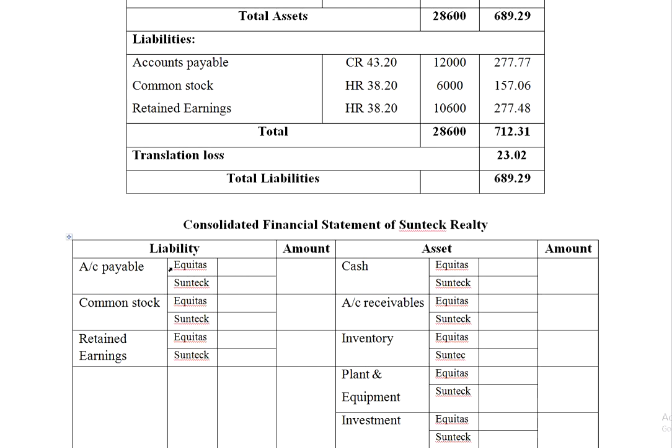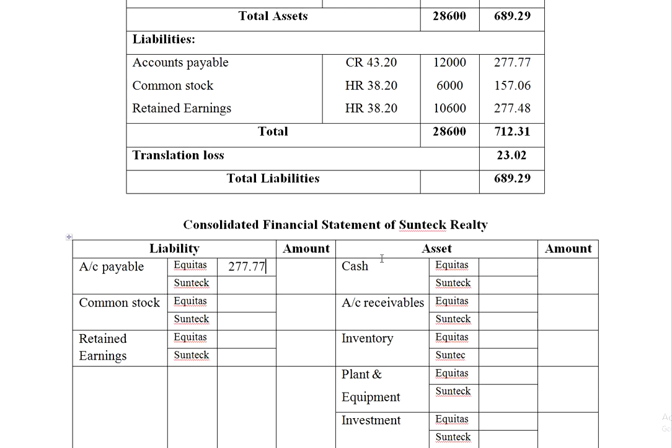To prepare a consolidated balance sheet we have to add the assets and liabilities of both the companies, right? So accounts payable of Equitas and accounts payable of Sunteck Realty. Equitas accounts payable, which we just converted, is 277.77, right? Let us write it over here,